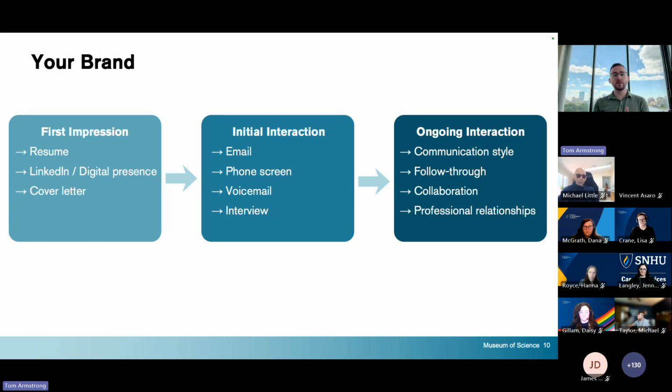As you're designing these things, think about whether these touch points are telling the same story. If someone's LinkedIn says they're creative, collaborative, and detail oriented, but they send an email with no subject line, or they've sent in their application in all lowercase, that's telling me that there's a disconnect here. Maybe they're not as detail oriented as they thought.